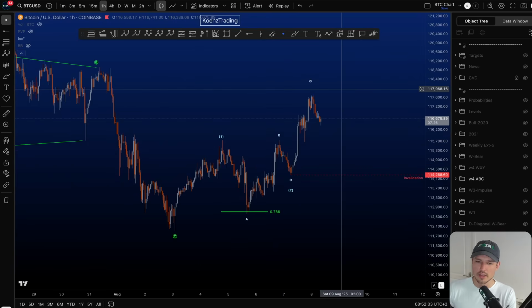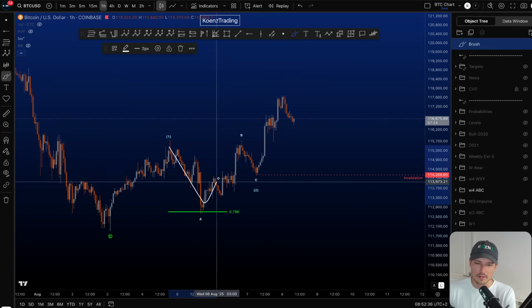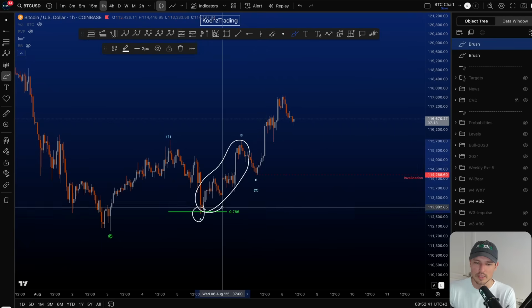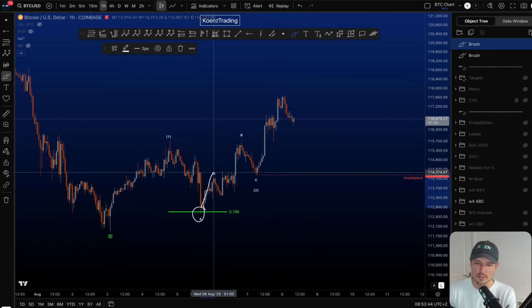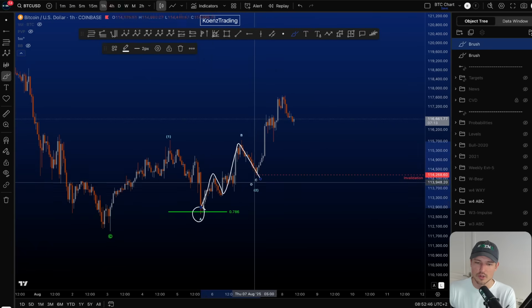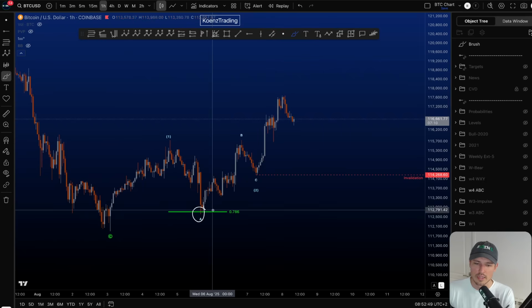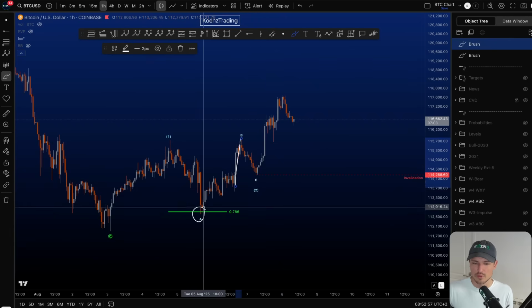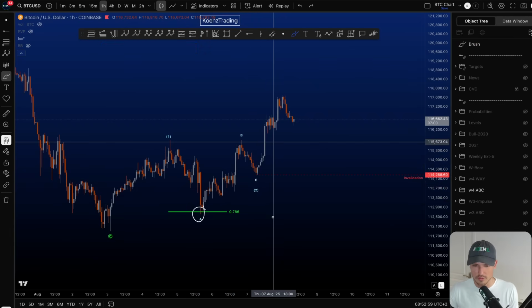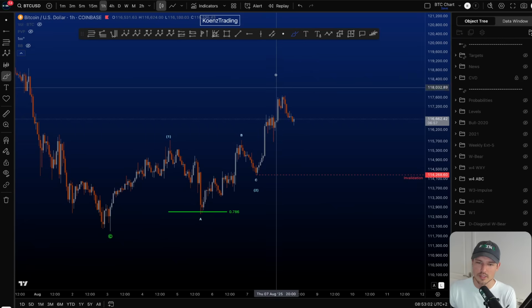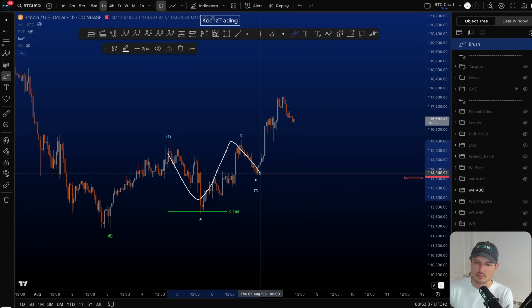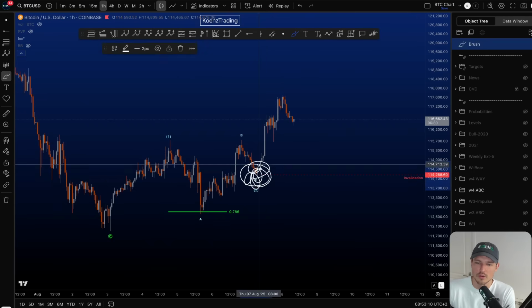At the moment, I have a running flat here and an ABC. I think it's very tricky to end wave 2 here and count something here as another 1, 2. I don't like to count this as a single 1, 2 followed by another 1, 2, like an internally 1, 2, 1, 2, double 1, 2 here. It just feels a bit forced in a way, where your second one is quite a bit longer than your first one. I don't want to go in detail, but at the moment I just made my life simple. I said, okay, unrelated, if there's 1, 2s here, I would just count a running flat at the moment. And all in all, we don't want to take out